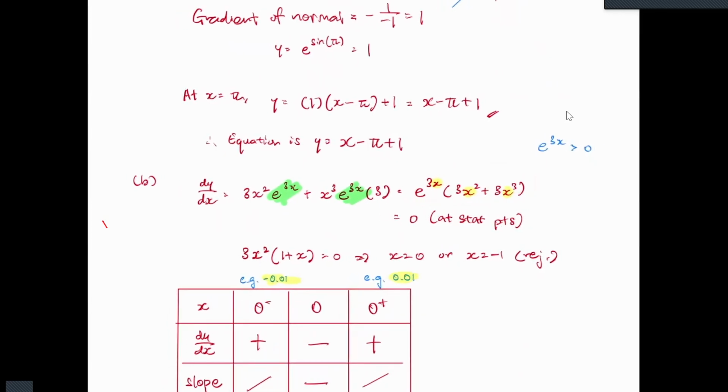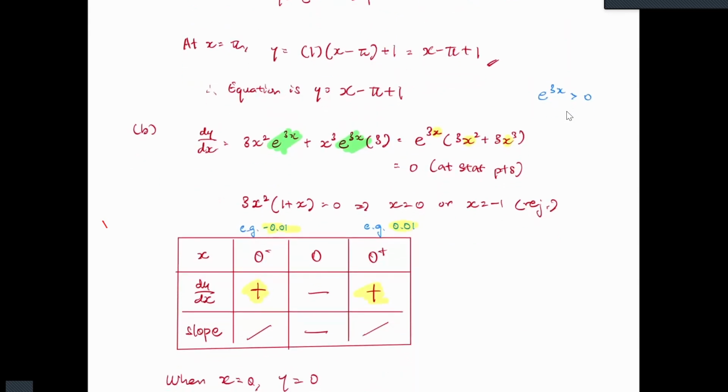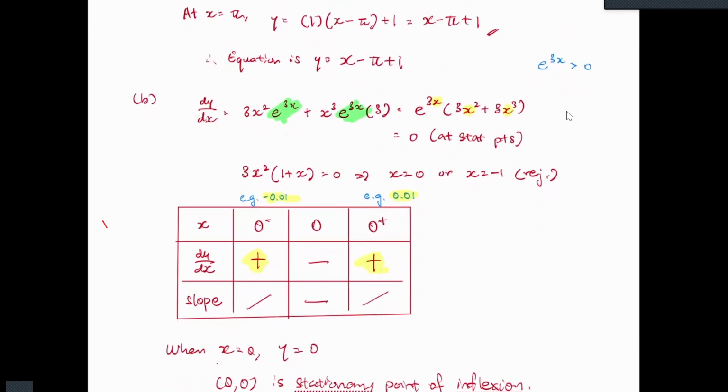Once you sub, then from there you'll observe the sign. Both of them should give you a small positive value, which means that the slope is both upward sloping. This is rarely tested. Usually 99% of your things in your exam is max point or min point. For this question, it is a stationary point of inflection. The question is asking for the coordinate.